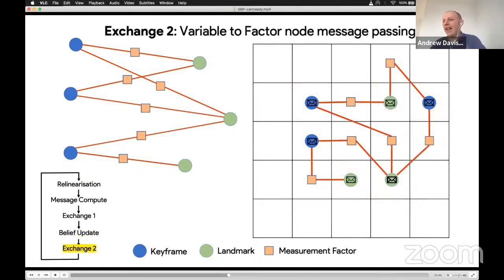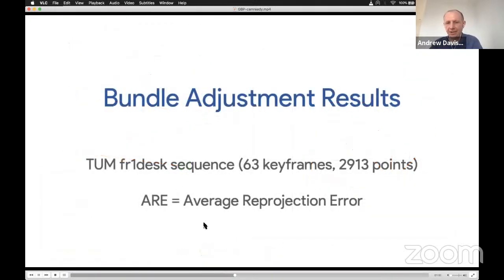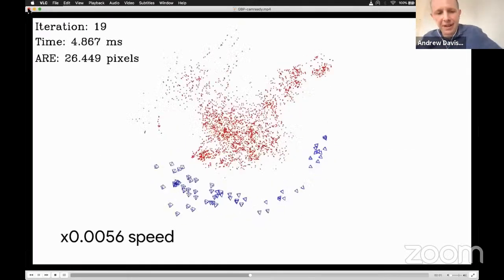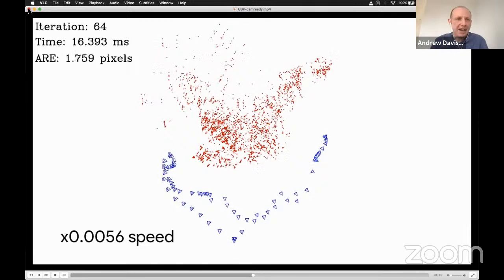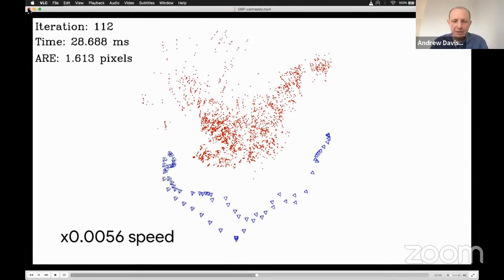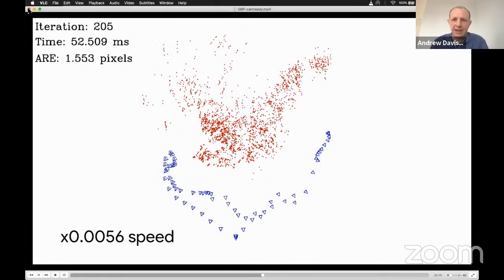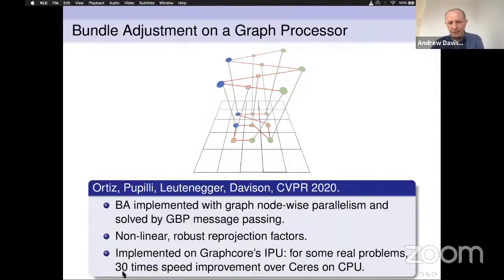And you iterate all of that, and amazingly, it converges and gives you the same results as you would get from Ceres on the CPU, but it can do it really, really fast. So this algorithm takes quite a lot of iterations, but the parallelism you can harness is absolutely enormous. The Graphcore IPU we used has over 1,000 cores on a single chip, and therefore we can run the whole thing very fast, and we're showing very, very fast bundle adjustment.